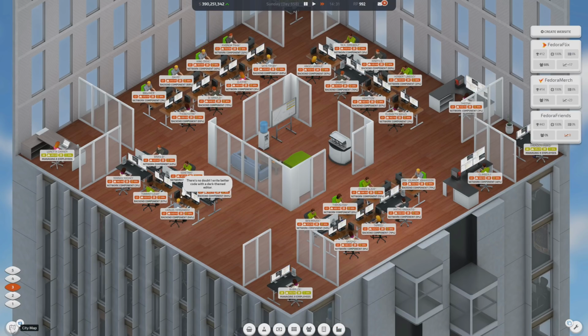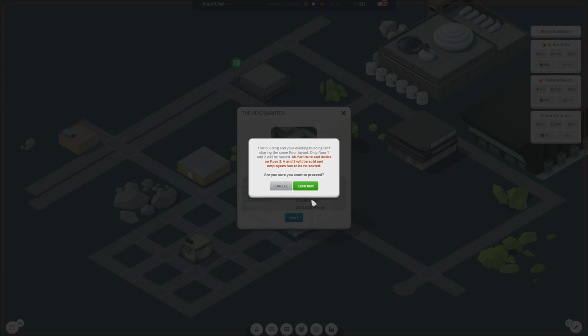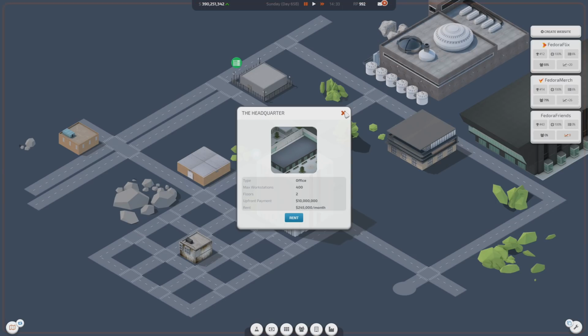So let's come out to the city map and we'll grab the headquarters. This building and your existing building isn't sharing the same floor layout. Only floor 1 and 2 will be moved. All furniture and desks on floor 3 and 4 and 5 will be sold and employees has to be reseated. Well, that's a shitty experience. I mean, I understand why it's the way it is, but that's just...